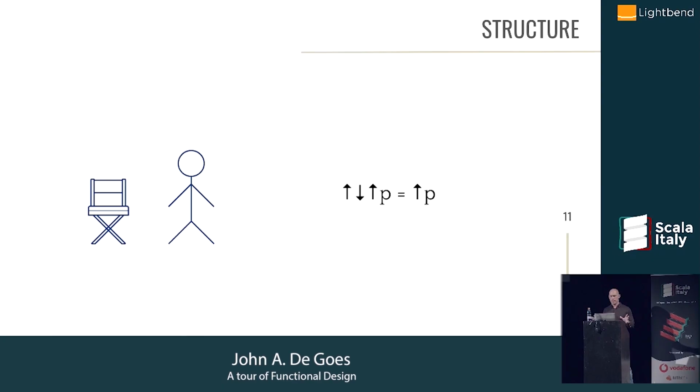And that's not a true inverse, by the way. That's very important there. You don't have to understand why, but that's not an inverse. That's something even weaker than an inverse. I'll talk about that later. And conversely, we have this property. If you sit down, and then you stand up, and then you sit down again, that's the same as sitting down a single time.